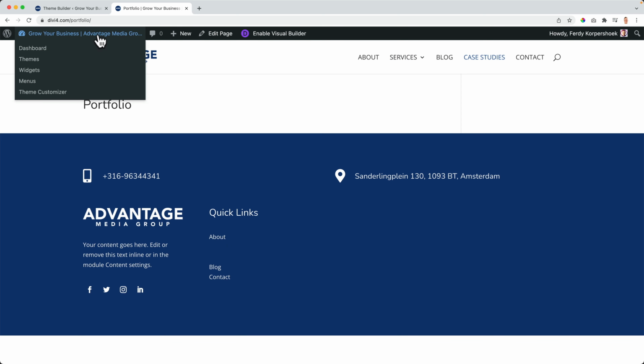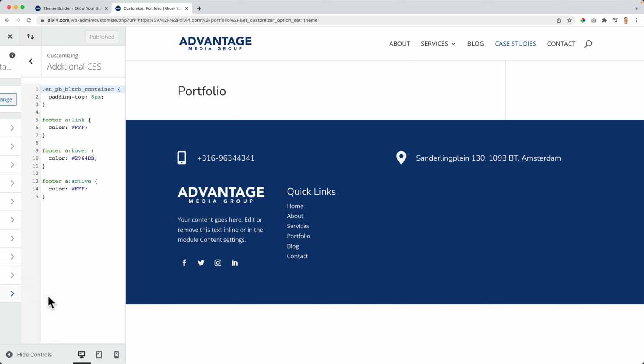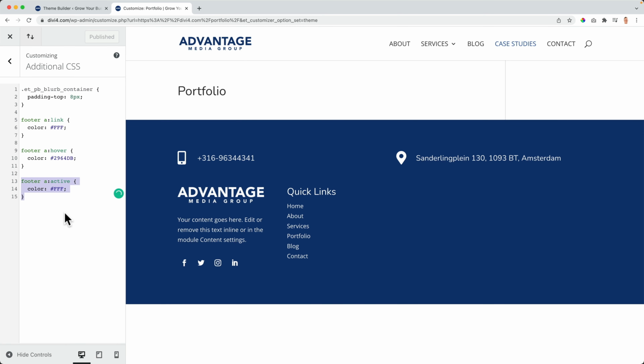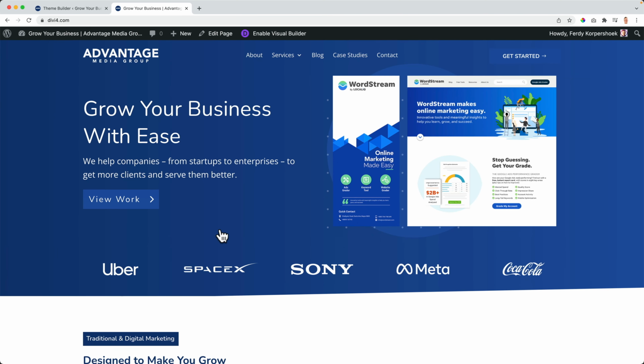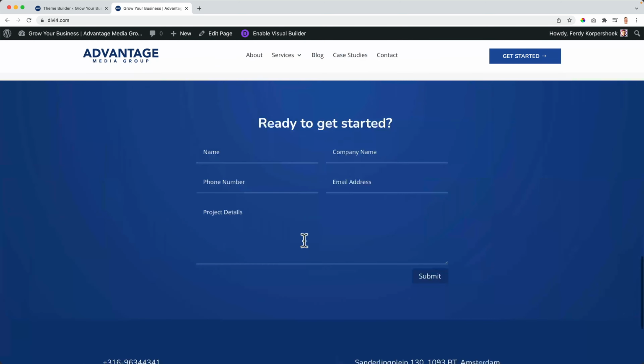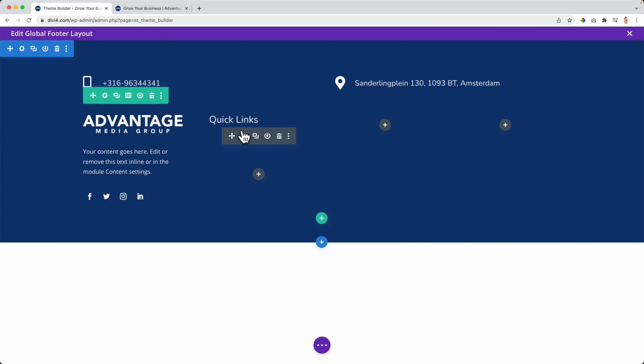Still not working. So I go to the theme customizer, custom CSS, copy it again. This time I change active to visited. Publish, close it. Awesome. Okay. Perfect. I can duplicate this area